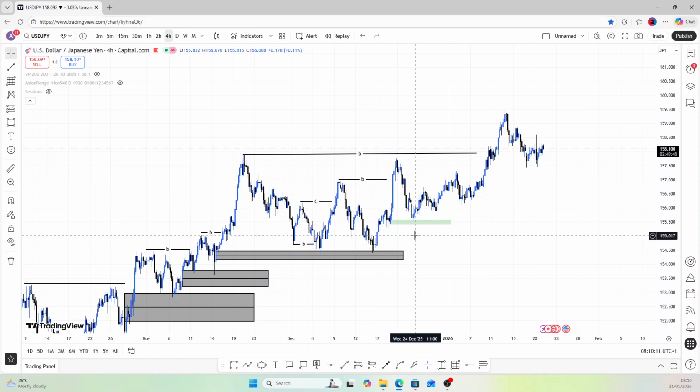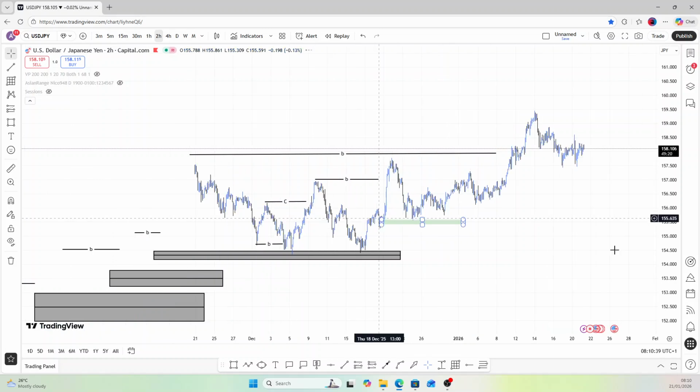But what you need to know is, if you want to increase your winning rates, then you need to see that some confluences have been put together before you take your position, right? So if I step down to the lower time frame so that we can see what actually happened in here, where a change of character happened before we made a move to the upside. So if I step down to the 2-hour time frame, for instance,